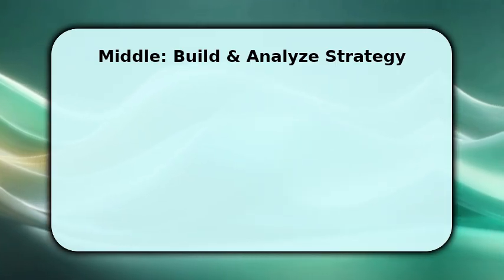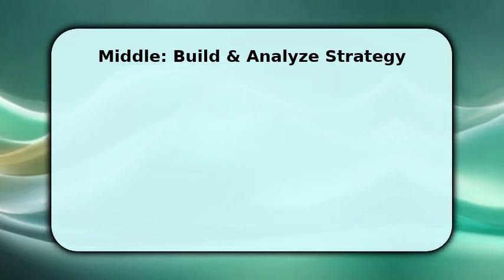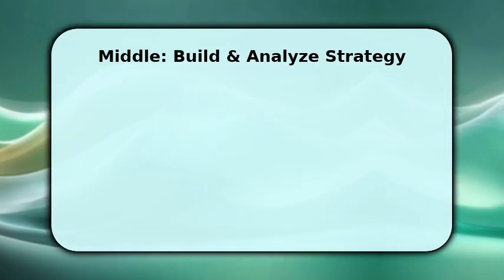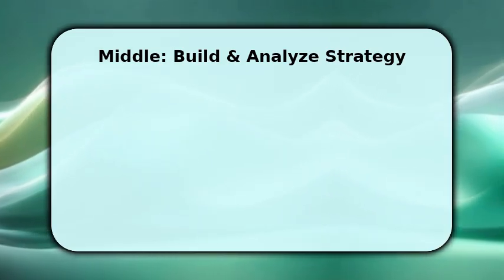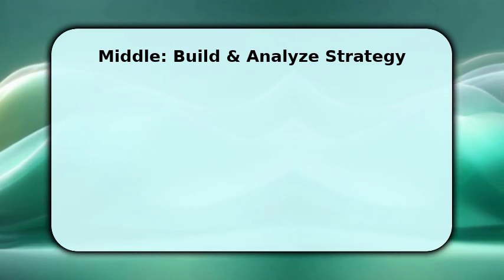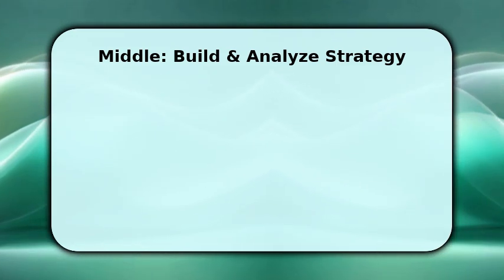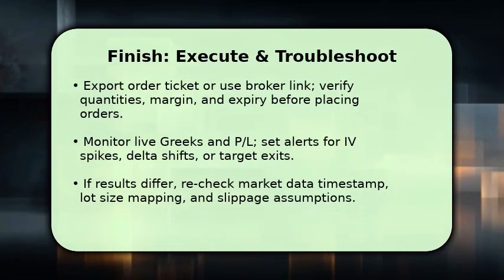Then run sensitivity tests, shift implied volatility and underlying price, and simulate time decay to see scenario outcomes. Make adjustments to strikes or widths until the payoff and probability distributions fit your risk tolerance. Remember, stress test. You complete the process by exporting the order or sending it to your broker, confirming lot sizes,